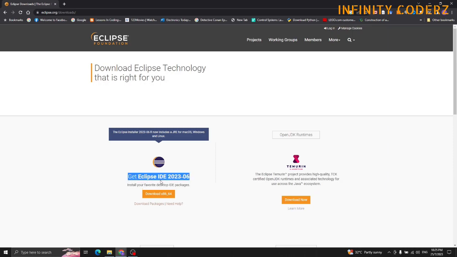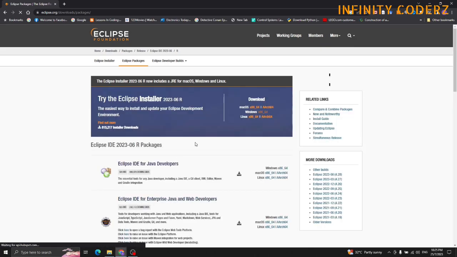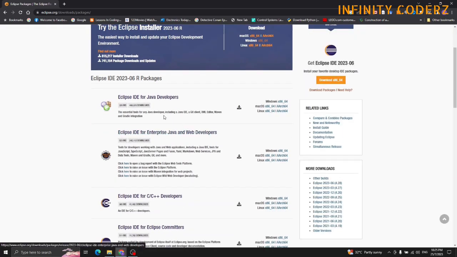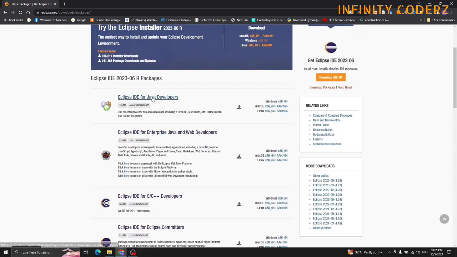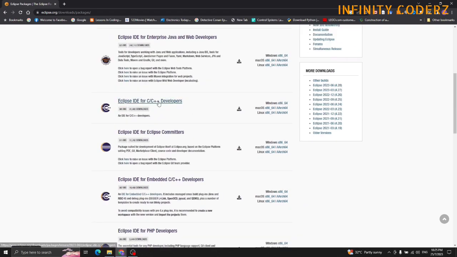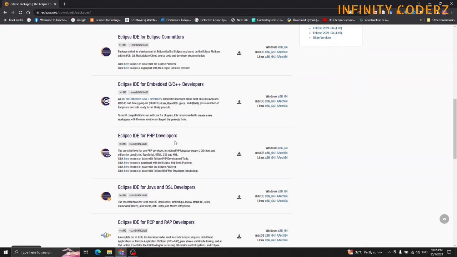This is basically the installer, and once you download the installer, you have to choose, because the IDE is supported for a lot of other programming types. For example, this is for Java, and they also have for C, C++, for web development, PHP, and many more.